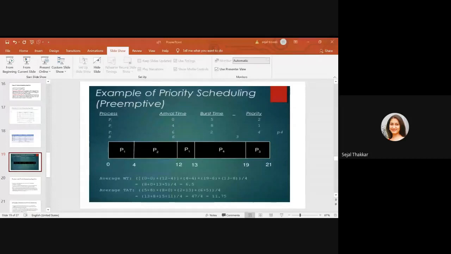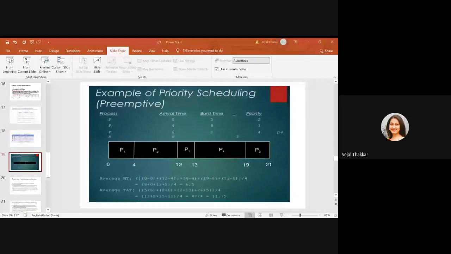The remaining processes are P3 and P4. Now between P3 and P4, P3 has the higher priority, that is 3. So it is going to execute because no other process is there. P4 will complete all its units of execution. P4 has 6 units of execution. So 13 plus 6, 19. P4 is going to complete. And the last process in the ready queue, that is P3, which has priority 4, the least priority, has 2 units of execution time. So at 21, P3 will complete.